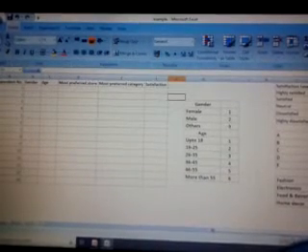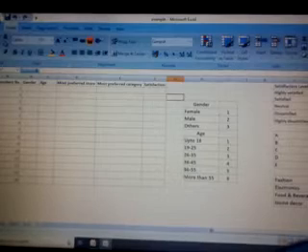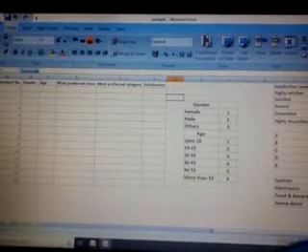Then for most preferred category, earlier it was most preferred store, so this is most preferred category. If it is 1, meaning fashion, then we would write 1 in the row for respondent 1. And for satisfaction level, if a respondent says he or she is highly satisfied, that means 5, so we would write 5 in the satisfaction column of respondent 1.